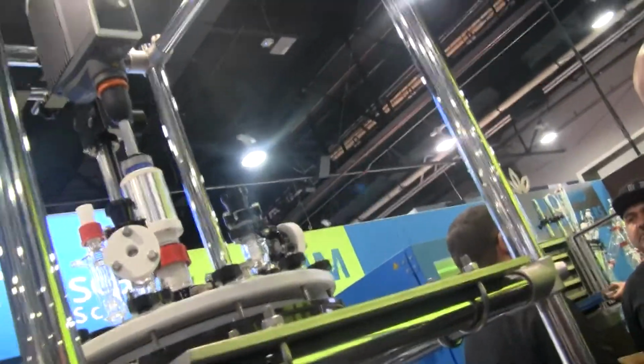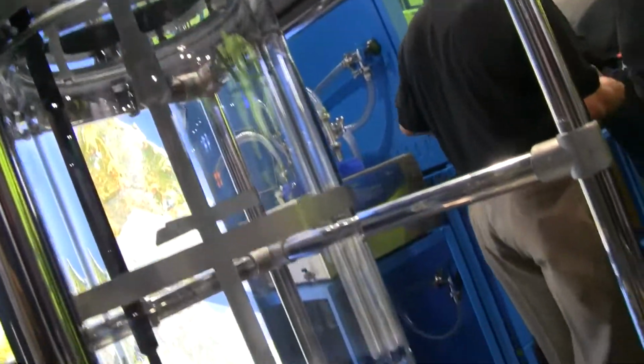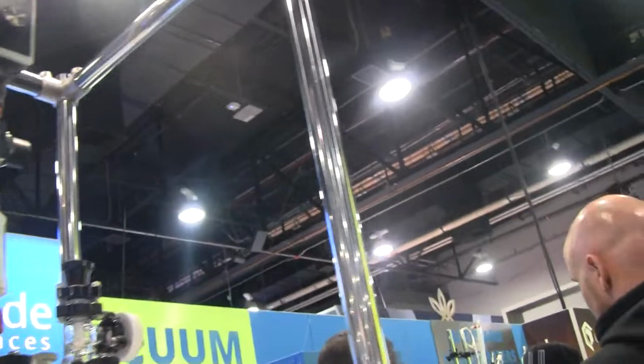This is an isolate filter reactor. So this is going to make beautiful isolate powder on a large scale. This is in play in pharma all day long. That is top of the line pharmaceutical grade isolate. Then over here,